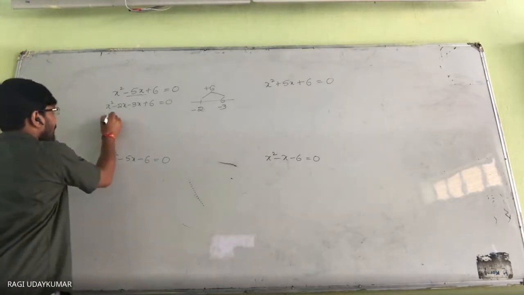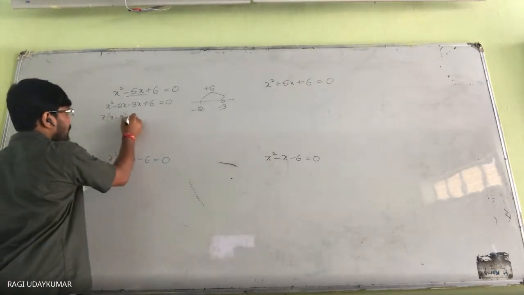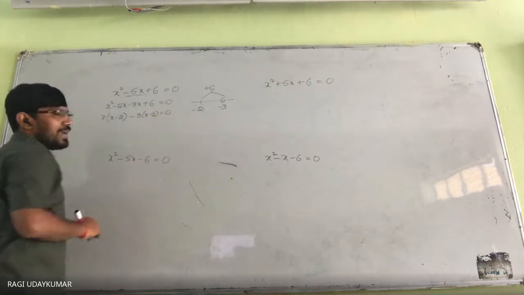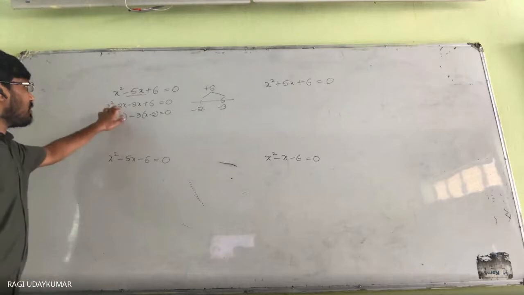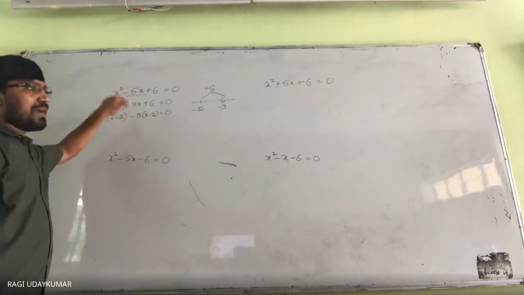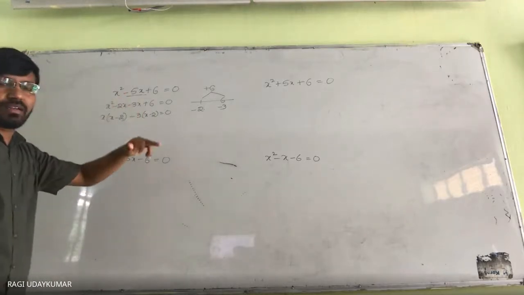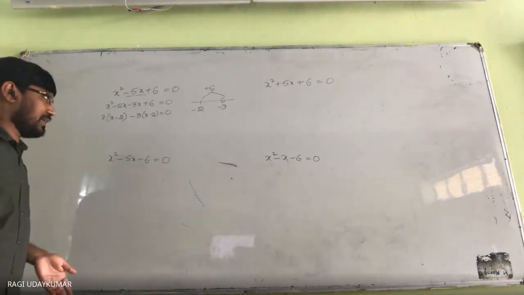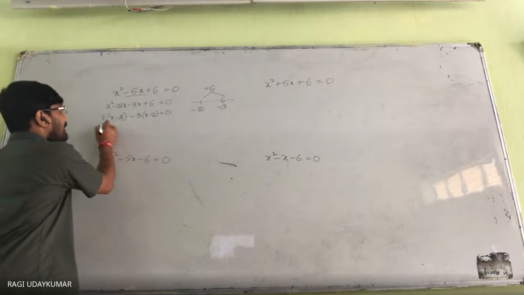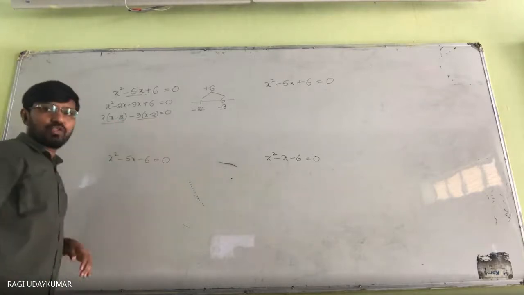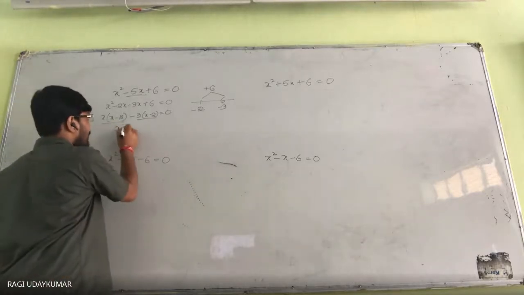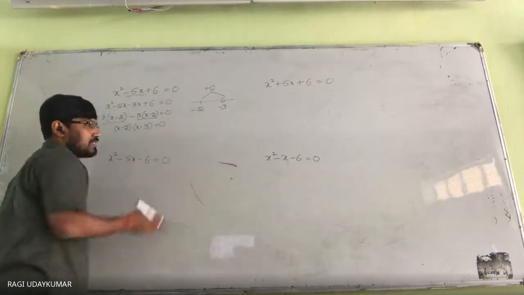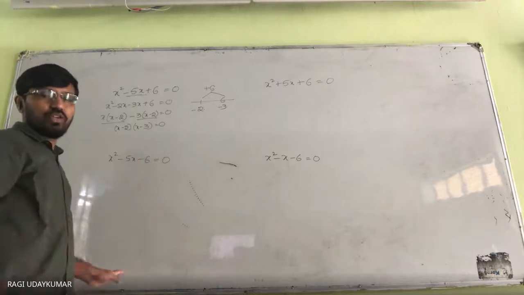So if you take x common, we are going to get x minus 2. If you take minus 3 common, x minus 2. And you may get doubts, sir, is it necessary to write the -2x first? If I write the -3x first and -2x later, what difference are we going to get? No difference. You are going to get the same. Then here x minus 2 is there, here x minus 2 is there. That x minus 2 I am taking common. Then we are going to get x minus 3. So from this, x minus 2 equal to 0, this you know.